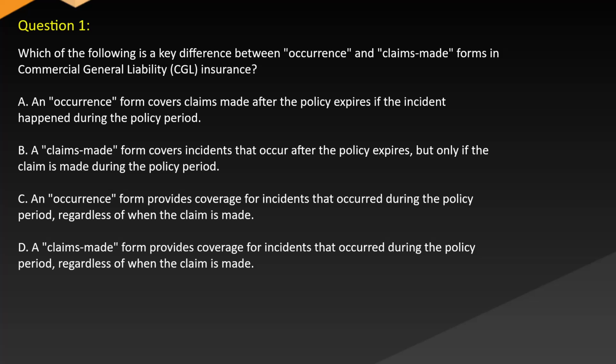Question 1. Which of the following is a key difference between occurrence and claims-made forms in commercial general liability (CGL) insurance? A. An occurrence form covers claims made after the policy expires if the incident happened during the policy period. B. A claims-made form covers incidents that occur after the policy expires, but only if the claim is made during the policy period. C. An occurrence form provides coverage for incidents that occurred during the policy period, regardless of when